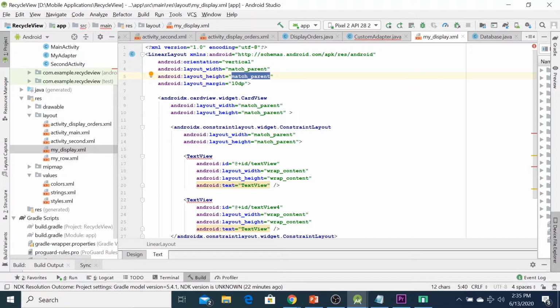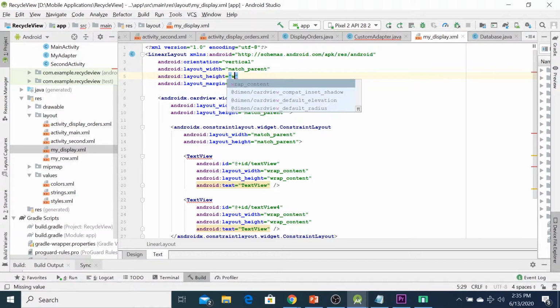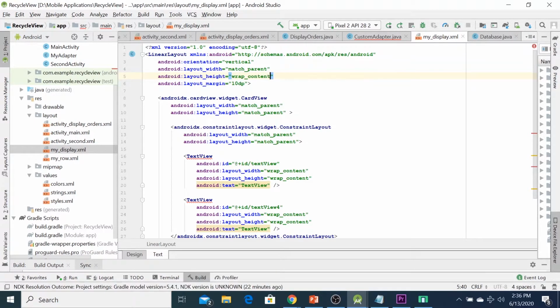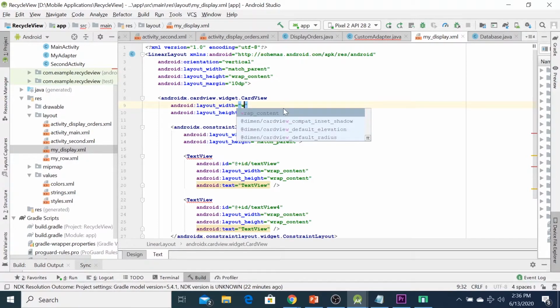Yeah. If not, you cannot see the data. You only can see one. So remember, in your layout height here, you have to set as a wrap of content. Okay, same as your card view. This is you can type wrap of content. This one also same.